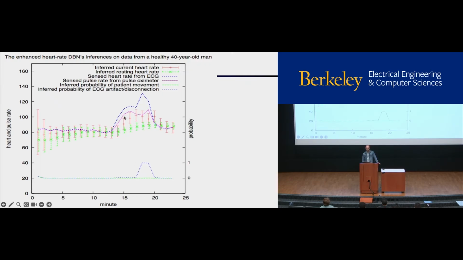What it's recognizing in this setting is that the real heart rate is going up, maybe not quite that much, but the resting heart rate is probably around here. So it can detect that this is the heart rate under movement rather than the resting heart rate. If you just tried to average all this for the resting heart rate, you'd get a worse estimate of the resting heart rate. It can tell that this region and this region are probably more indicative of the resting heart rate using the dynamic Bayes-net.